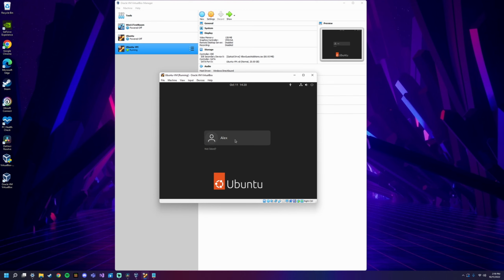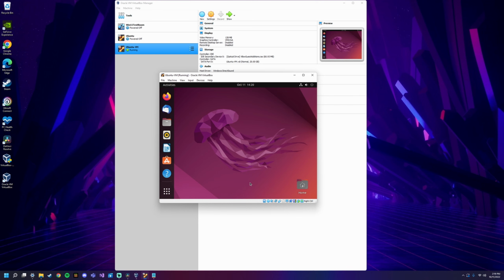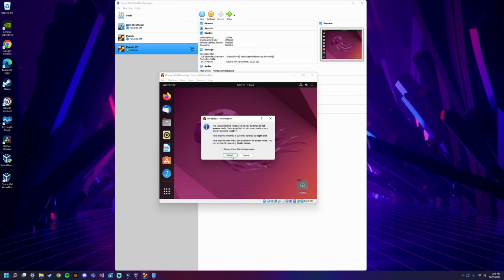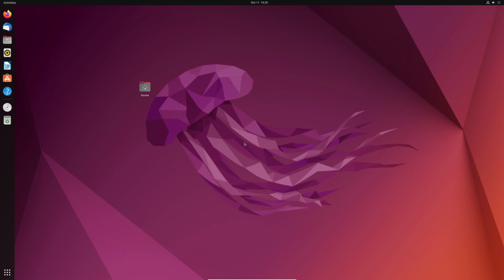Alright, now that we have restarted, we want to click on our username and just type in our password. And now full screen should work appropriately for our system, so we're just going to hit view and hit full screen mode and hit switch. And voila, we are all set up. Our system is now set up to run